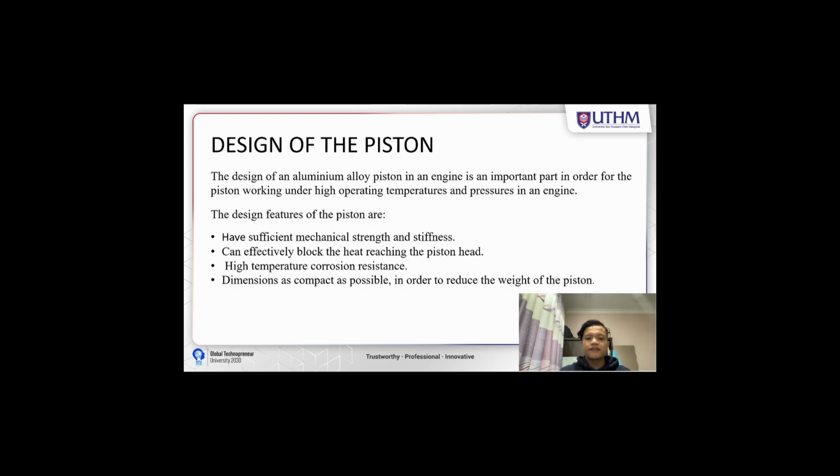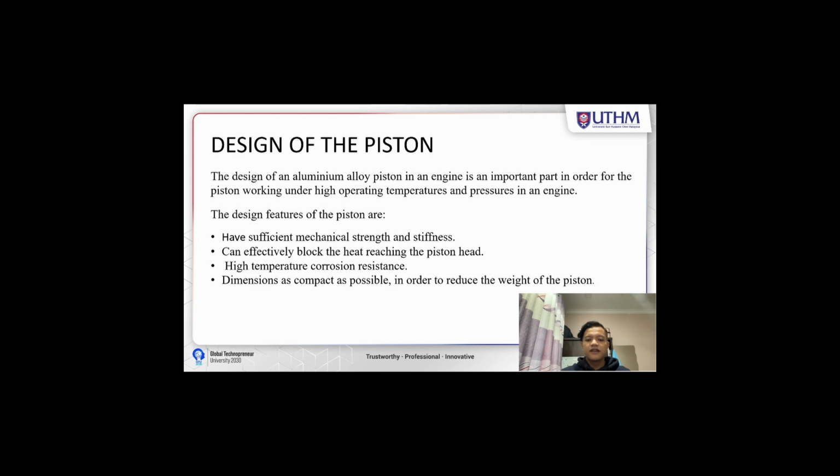Next, for the design of the piston. The design of an aluminium alloy piston in an engine is an important part in order for the piston to work under high operating temperatures and pressures in an engine. The design features of the piston are: have sufficient mechanical strength and stiffness, can effectively block the heat reaching the